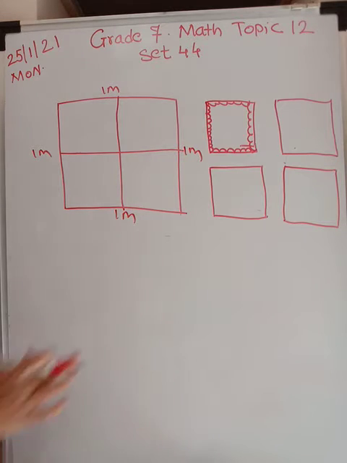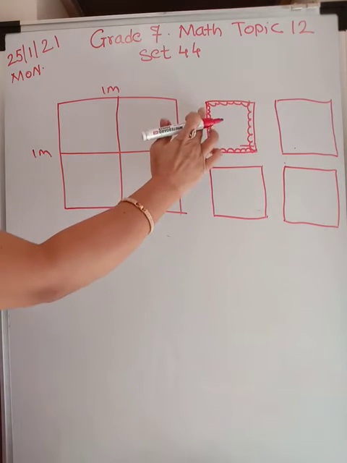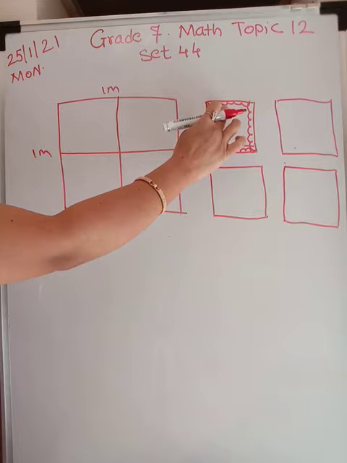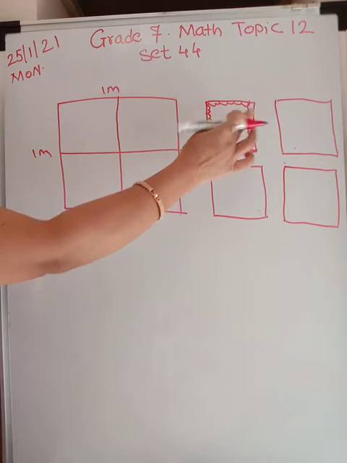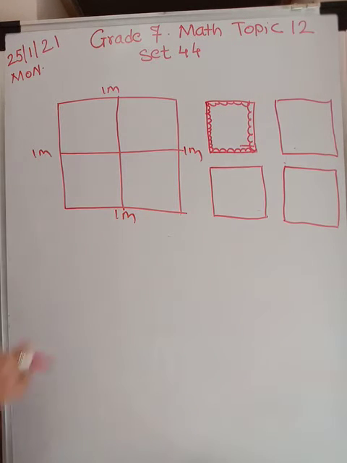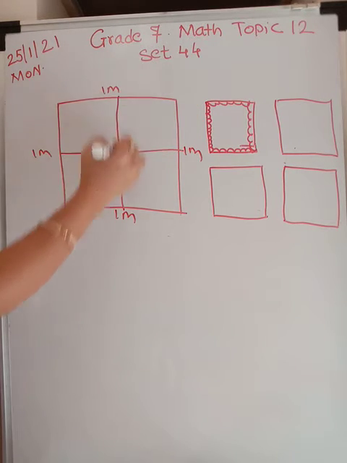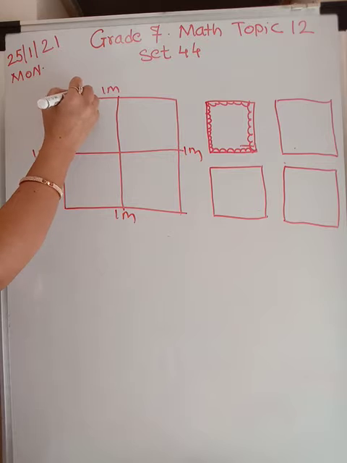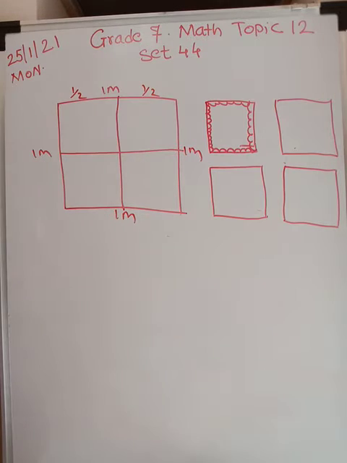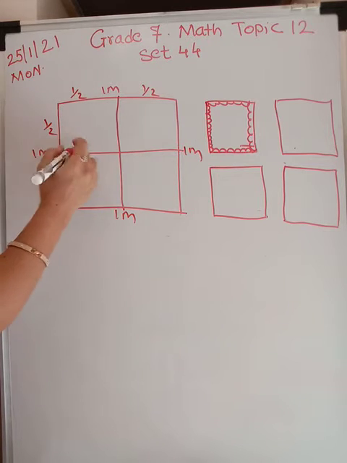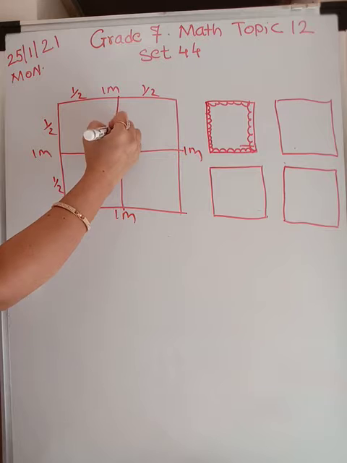Alright. So what we will do? We will find out the length of the lace which is required to trim one napkin and we will multiply it by 4. Now look here. This complete is 1 meter. So this is midpoint. I have made 4 equal parts. So this will be half meter and this will be half meter. This is also 1 meter. This is midpoint. So this is half meter. This is half meter. Similarly, this will be half meter because it is a square and this will be half